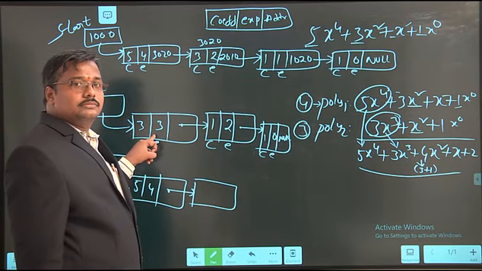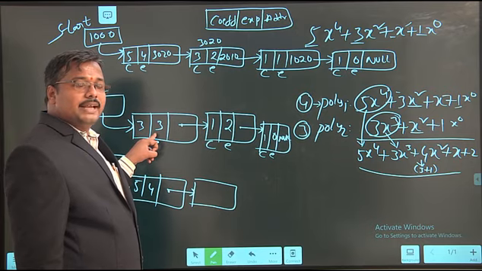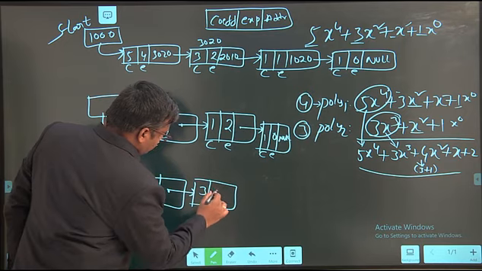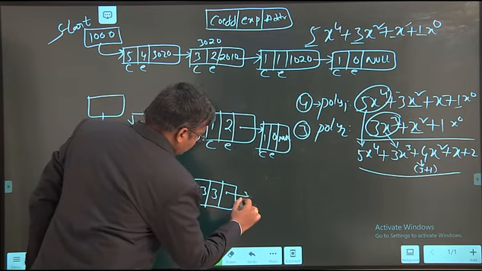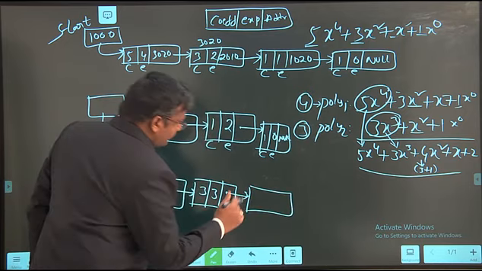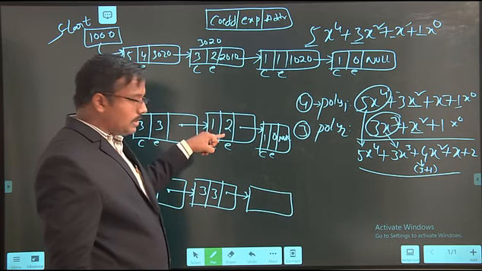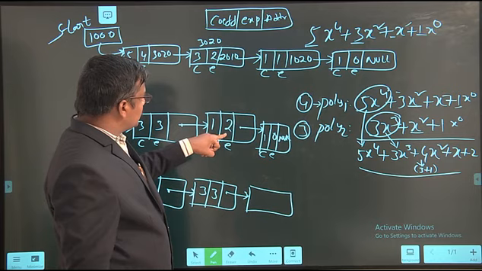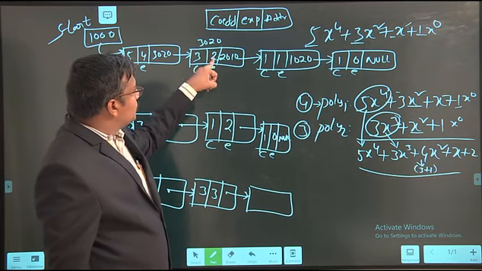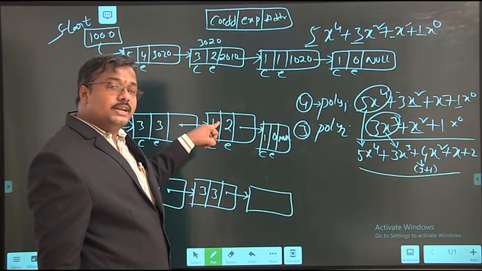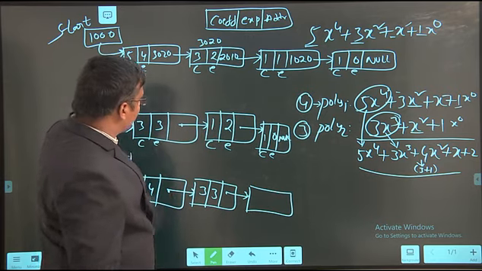2, 3. Which one is the maximum? 3 is the maximum, so this one is copied. So, 3, 3. Go for the next node. This one is copied, and the other goes to the next location. Next, 2, 2. Exponents are equal, which means we add the coefficients.